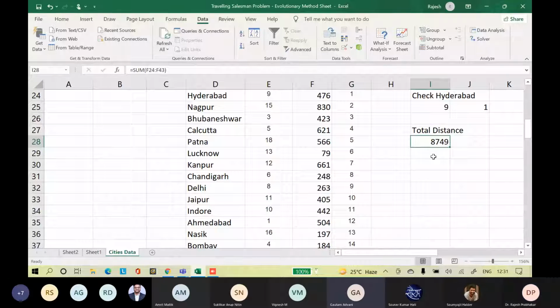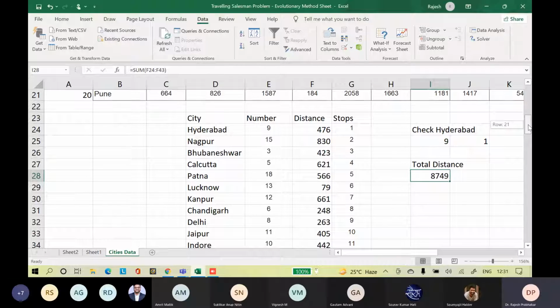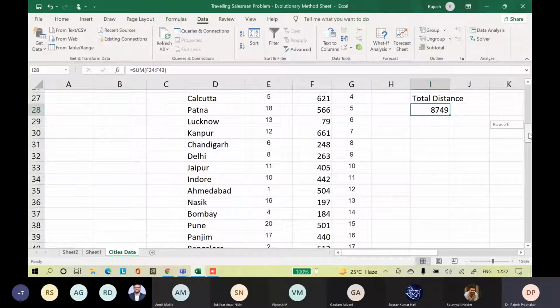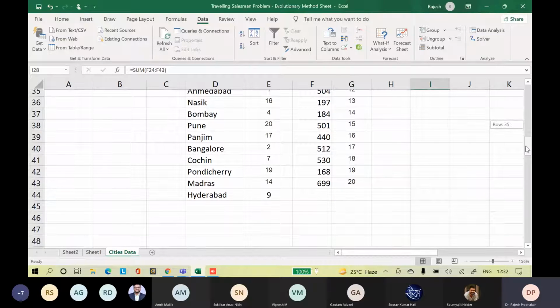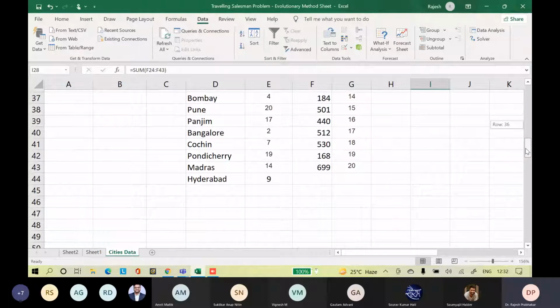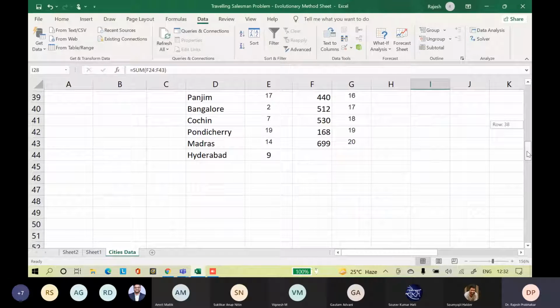Finally, what do we conclude over here? 8749 is the shortest distance. If he wants to travel the shortest route, he should travel from Hyderabad to Nagpur, Nagpur to Bhubaneswar, Bhubaneswar to Calcutta, Calcutta to Patna, Patna to Lucknow, Lucknow to Kanpur, Kanpur to Chandigarh, Chandigarh to Delhi, Delhi to Jaipur, Jaipur to Indore, Indore to Ahmedabad, Ahmedabad to Nasik, Nasik to Bombay, Bombay to Pune, Pune to Panjim, Panjim to Bangalore, Bangalore to Cochin, Cochin to Pondicherry, Pondicherry to Madras, and Madras to Hyderabad.